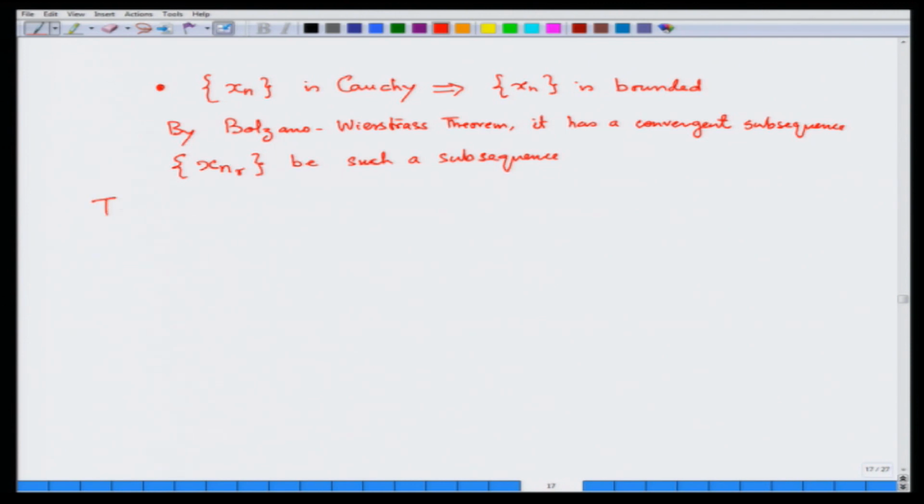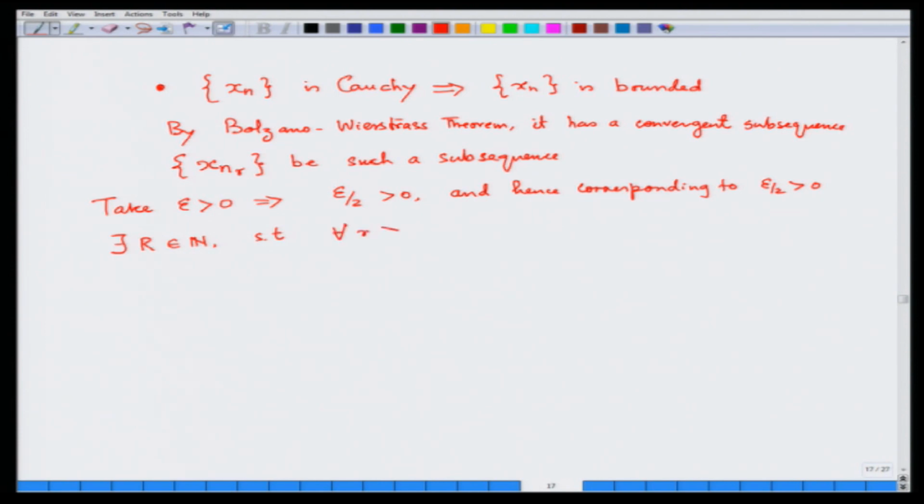Take epsilon greater than 0. That would imply epsilon by 2 is greater than 0, and hence corresponding to epsilon by 2 greater than 0, there would exist R in the naturals such that for all r bigger than or equal to R, you would have